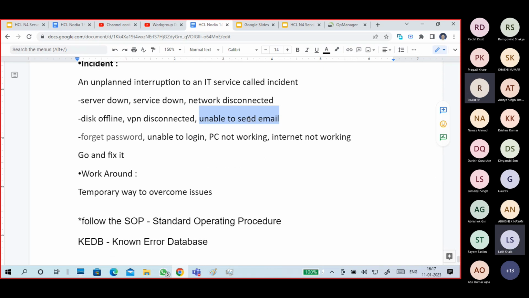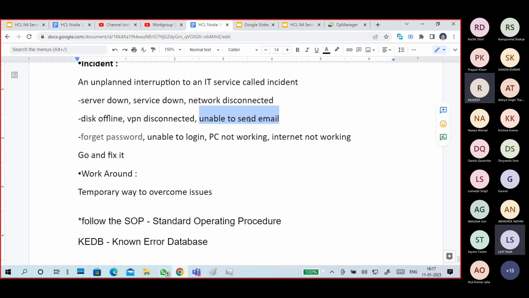No problem. First, is the internet there? If the internet is not there, you can't send and receive mail. So step one, the first question is whether the internet is there or not. If the internet is good and you are still unable to send and receive mail,